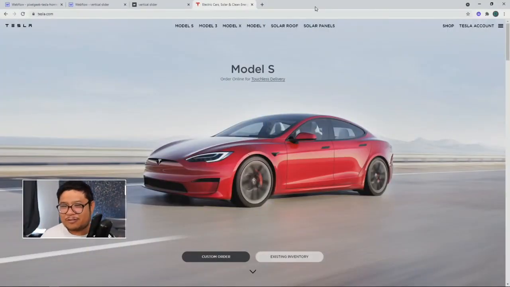Tesla.com. If you haven't heard of this company, I mean, yeah, it's a crazy company. Run by a crazy person. And it takes a crazy person to go against all these industries and make them change. Anyways,